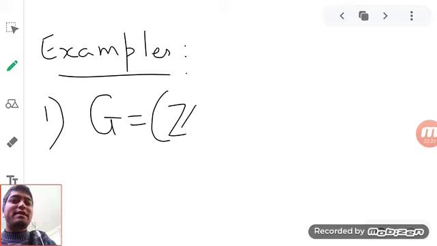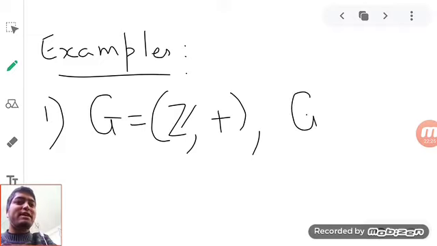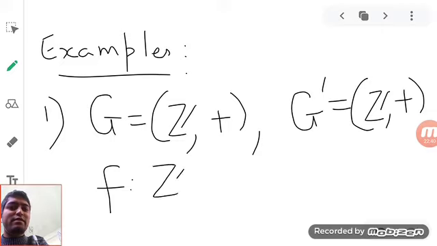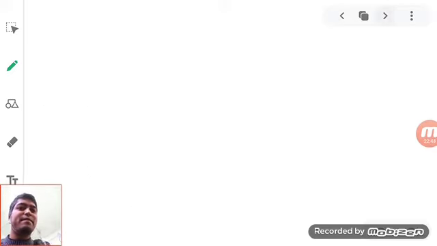Let us take Z plus and G dash. Again, the same group Z plus. We can do this. So both the operations are the same in both the groups. And a function from Z to Z, from G to G dash. Suppose we define by